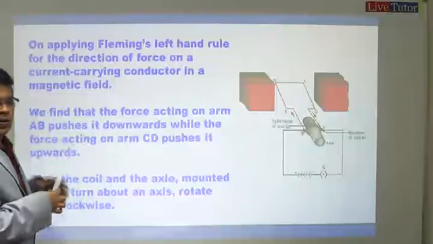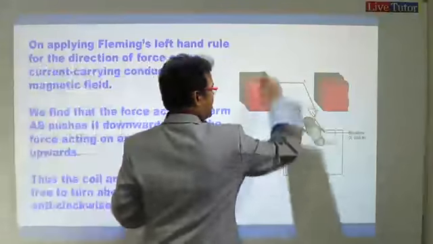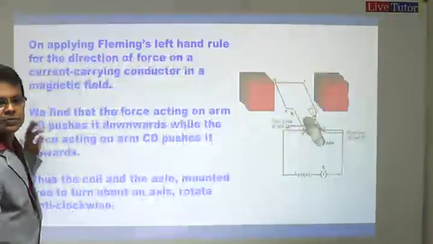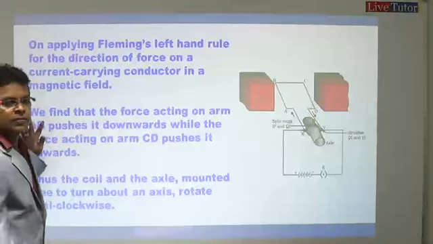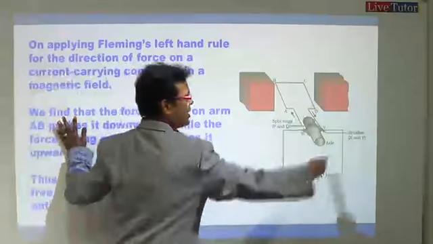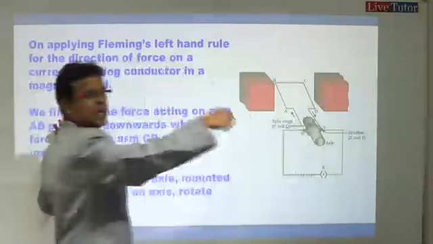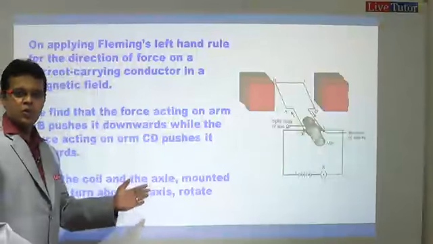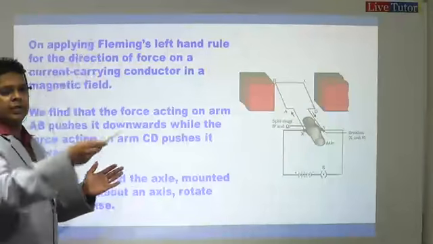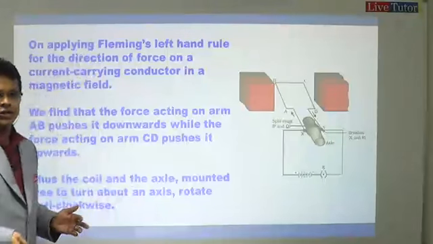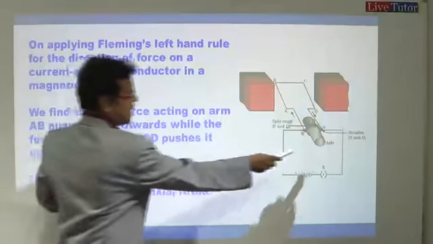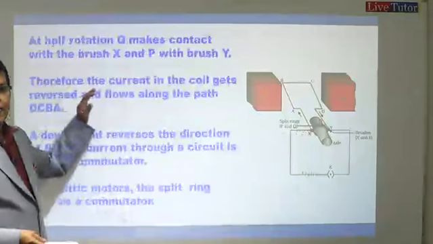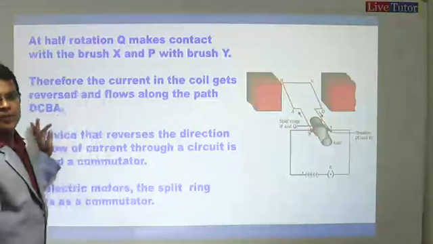Right? So, when it is moving downward, what is the direction of this, whether it is clockwise or anti-clockwise? When it is rotating this way, what is that called? It is anti-clockwise, right? Arm AB will go down, arm CD will move upward. That means it is anti-clockwise direction. So the axle which is attached here also will rotate along with that. Now, after half rotation,